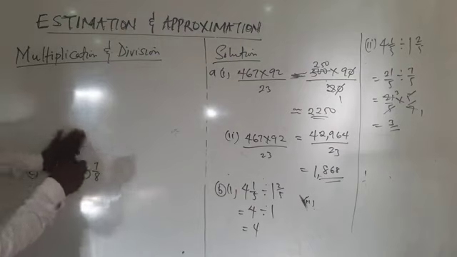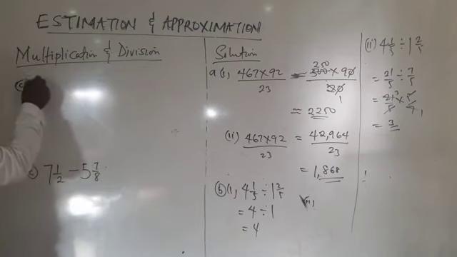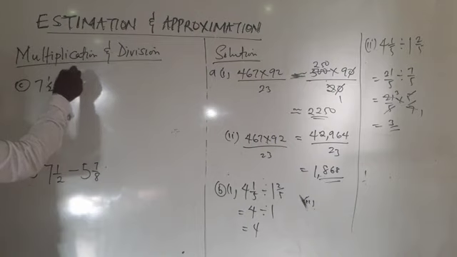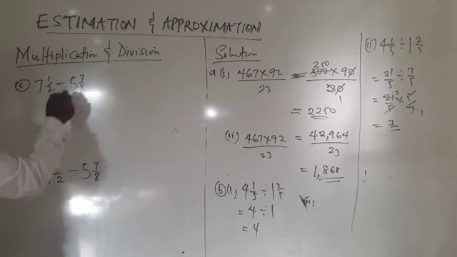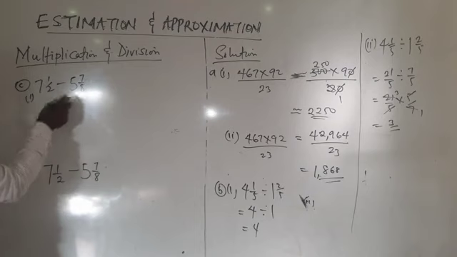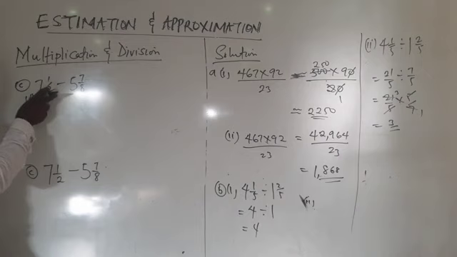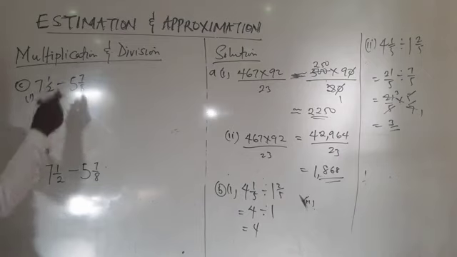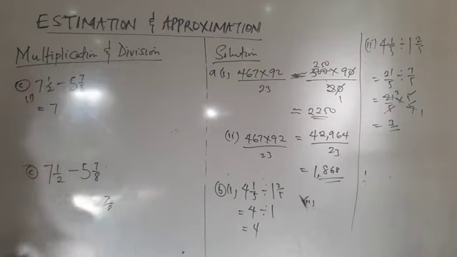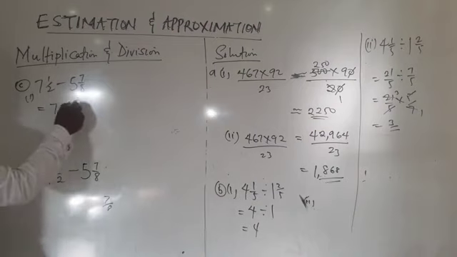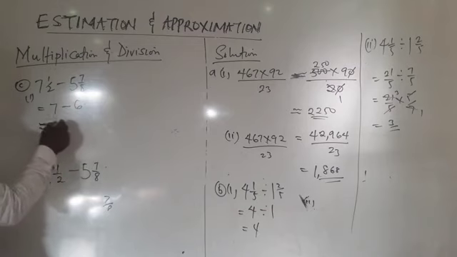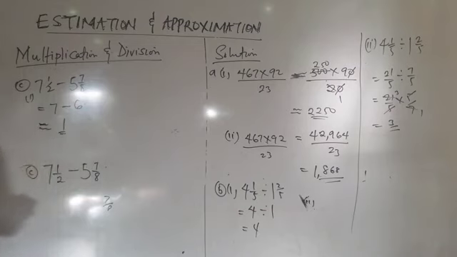So that is C. For C, we have 7.5 minus 5 whole number 7 all over 8. So Roman figure 1 will then be, excuse me, we round this one to whole number, that gives us 7. This one to whole number. So 7 divided by 8, and that is 0.875. So round this one give us 1. So approximately this one is what? 6. But if we want to adopt the second method, so